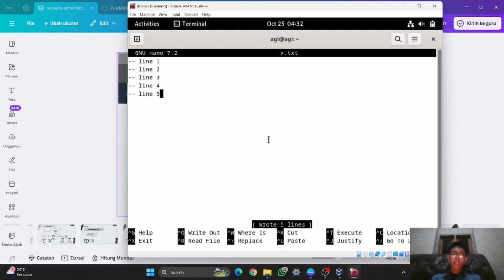And right now the file that I've added has been saved, and when I exit from this file, it will exit automatically, and it will not ask for the save again.